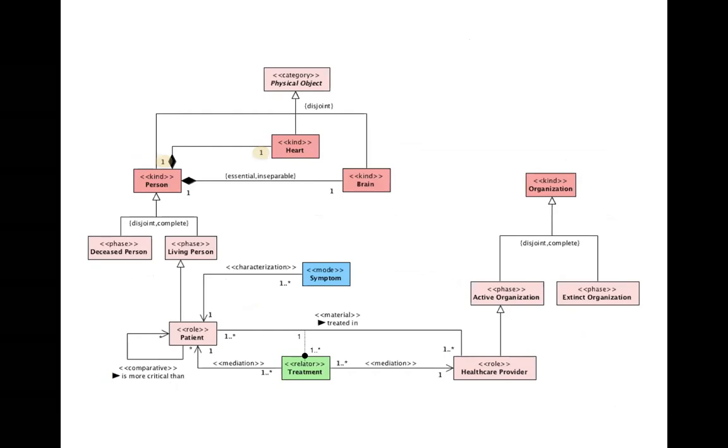So in UML, you would have a problem differentiating the relation that you have with your heart and with your brain, right? Because this would both collapse to these cardinality constraints. So you're saying here, every person must have a heart, every heart must be the heart of a person, every human heart, of course, every person must have a brain, and every human brain must be connected to exactly one person, right? However, these two relations are very different from an ontological point of view because they imply different types